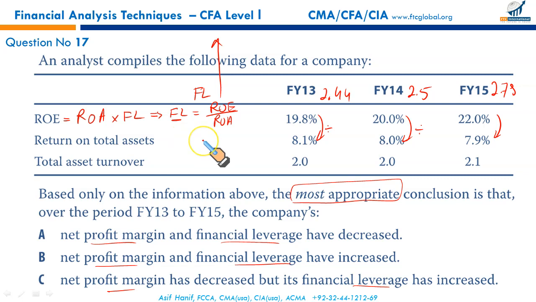We have been given return on total assets, and return on total assets is equal to net profit margin multiplied by the assets turnover. We have been given the assets turnover. We have been given return on total assets. Rearranging this formula will give you net profit percentage. Net profit percentage is equal to return on assets divided by the assets turnover, ATO, which means I'm going to divide my return on assets. This number, let's take a different colored pen now.